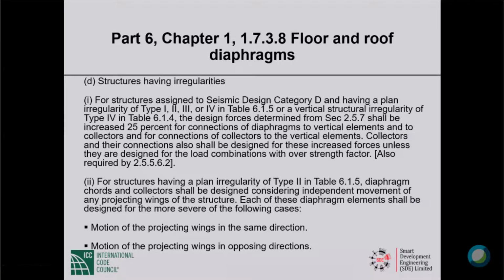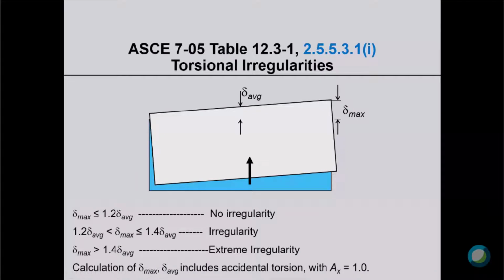For structures having plan irregularity type 2, that's extreme torsional, diaphragm cores and collectors shall be designed considering independent movement. No, type 2 is re-entrant corner. So for structures having a plan irregularity type 2, re-entrant corner, diaphragm cores and collectors shall be designed considering independent movement of any projecting wing of the structure. Each of these diaphragm elements shall be designed for the more severe of the following cases: motion of the projecting wings in the same direction, moving towards each other, and the projecting wings going apart from each other. Okay, so this is said. How to exactly do it is not that clear or that simple, but anyway,